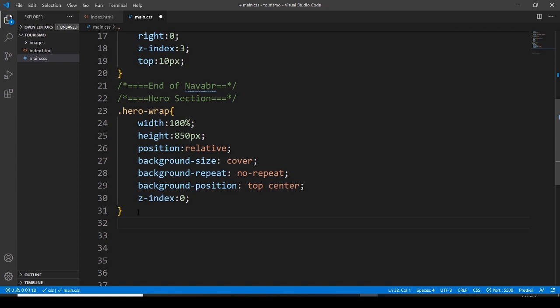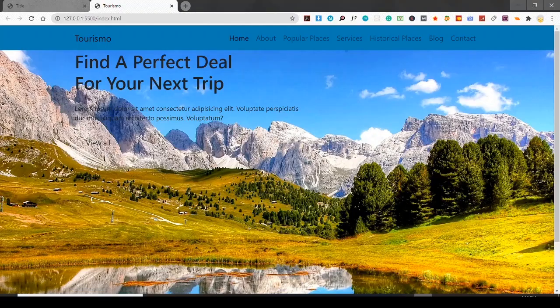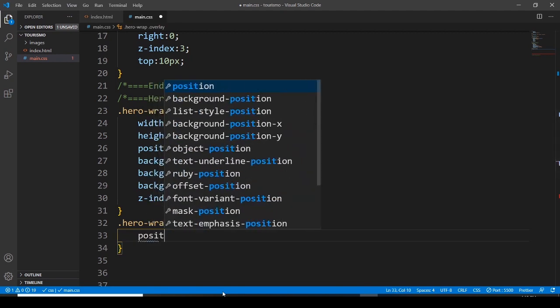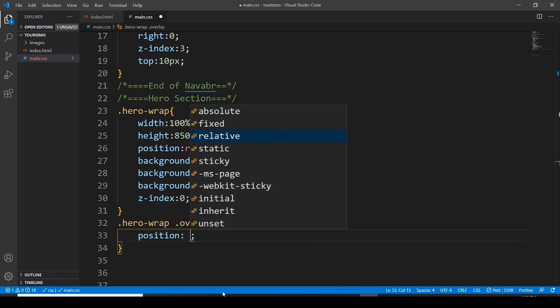So for the overlay, the image is bright for me, so I want to reduce this brightness. That's why I want to have an overlay effect, and for this I would like to go with the overlay class and hero wrap. Then I want to go with this overlay, and here I should say position. Position is going to be absolute,